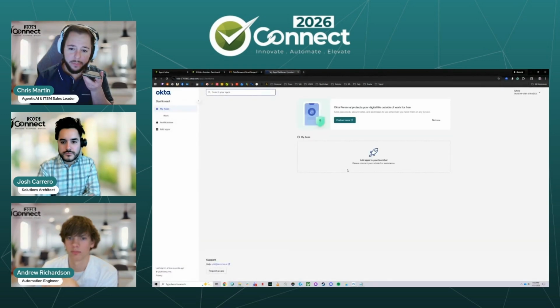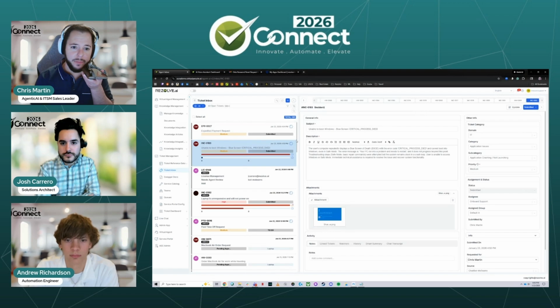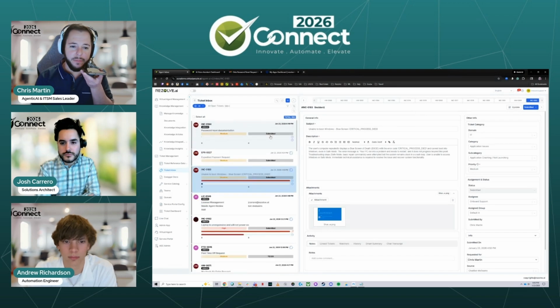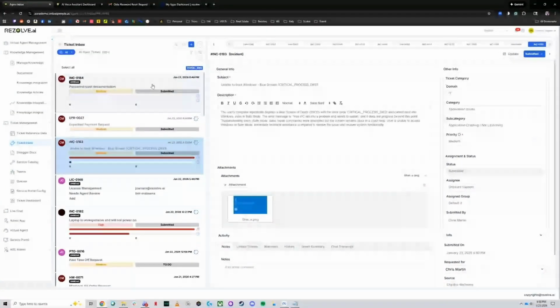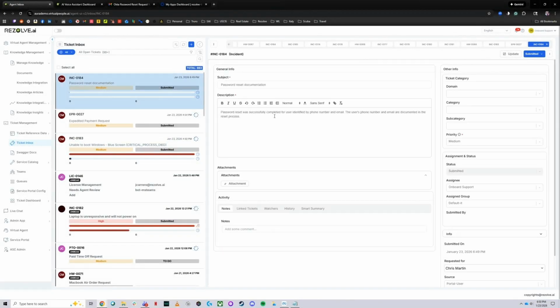Great, I was able to reset my password. Fantastic. Now that your password is reset, I need to create a quick support ticket to confirm everything is documented properly. Could you please provide your email address so I can include it in the ticket? Sure, it's chris.martin@rezolve.ai. Your ticket number is INC0184. Again, that's INC0184. Rezolve.ai will follow up on this issue. Is there anything else I can assist you with today? Nope, that should do it. Thank you so much. You're very welcome, Chris. Have a great day.